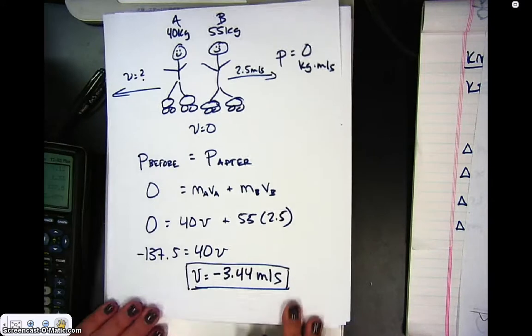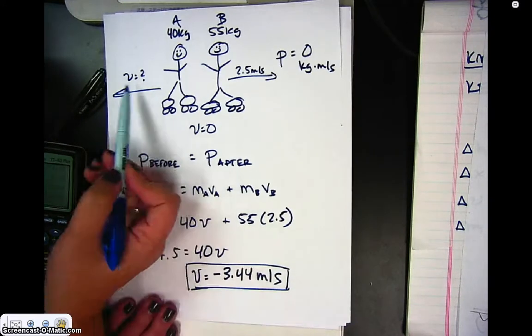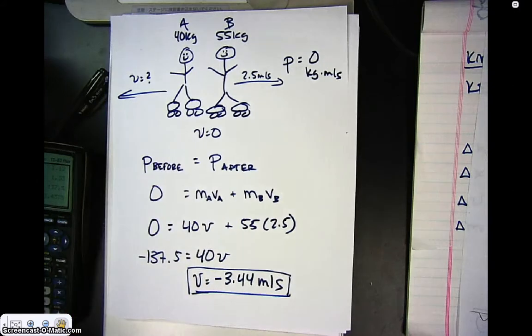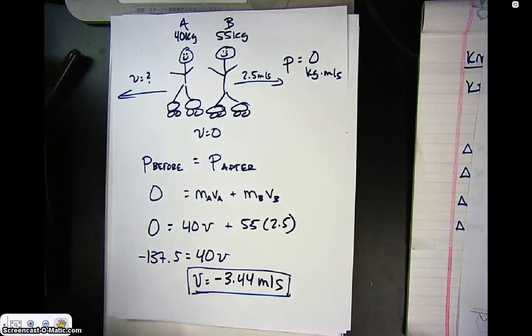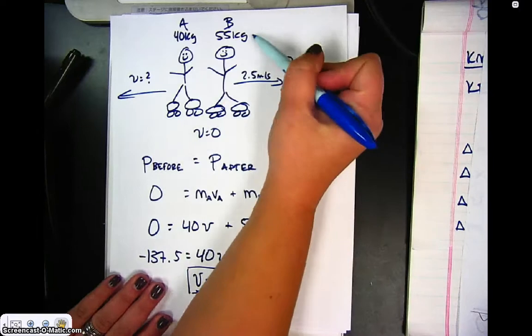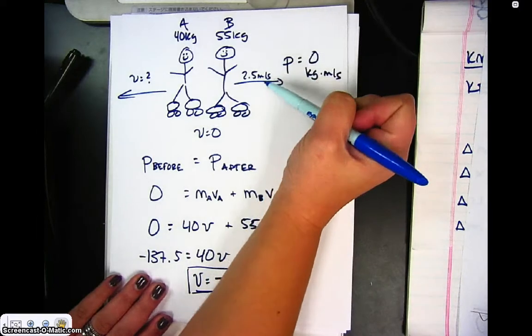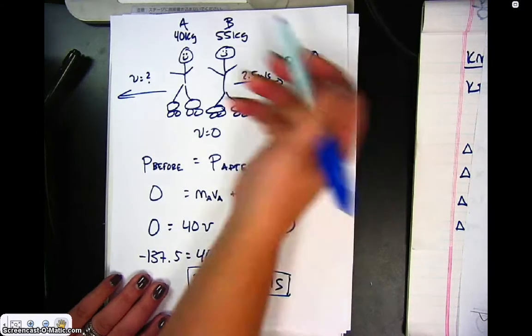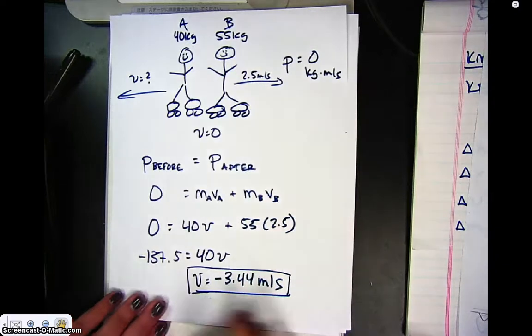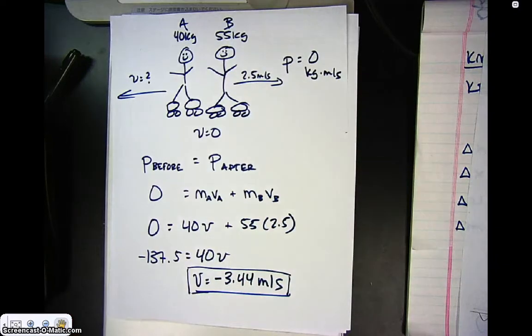This makes sense that it's negative, because it's going to the left. Also, using common sense, or if you've already done part of the car lab, when something moves off in this direction, if it has a bigger mass, it's going to have a slower relative velocity. Over here, if you have a smaller mass, you would have a larger relative velocity. So that is conservation of momentum in explosions.